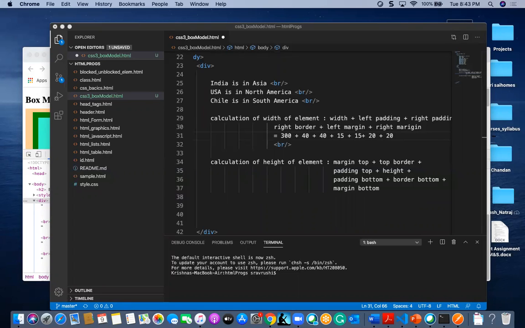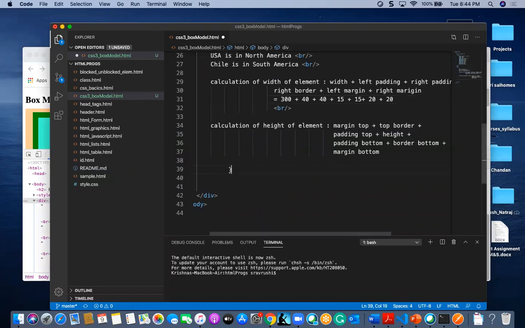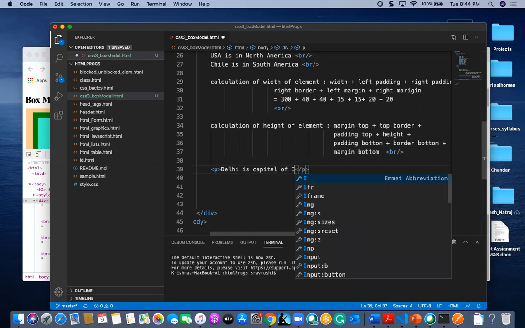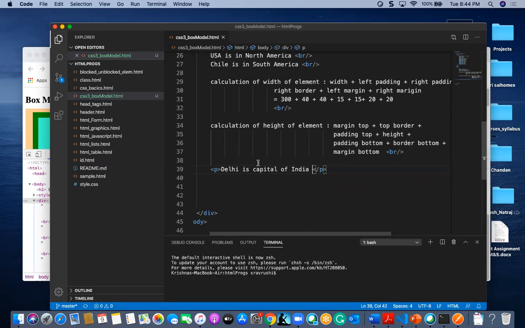Suppose I have a para here, and this para will denote something like Delhi is the capital of India. So here it is like this.